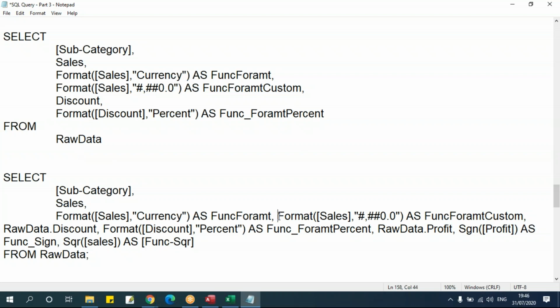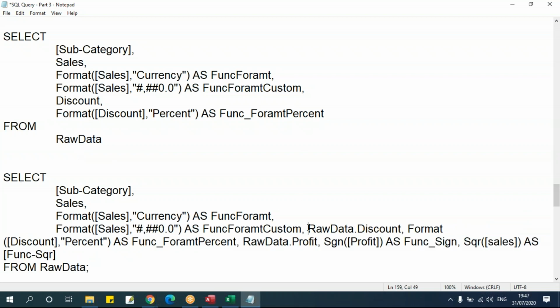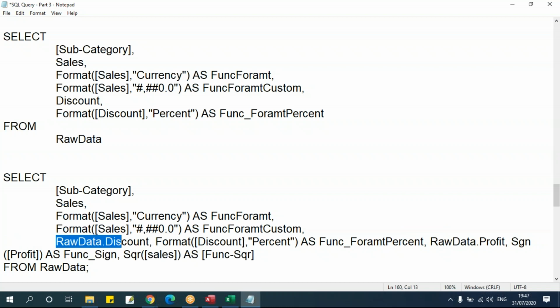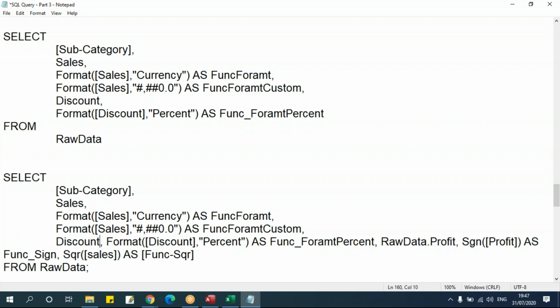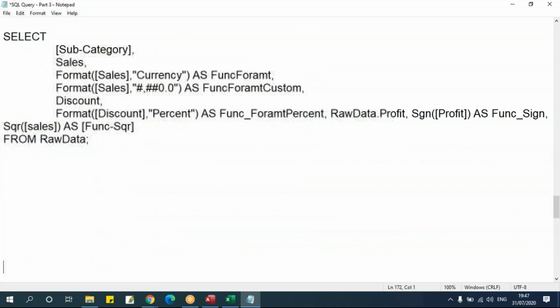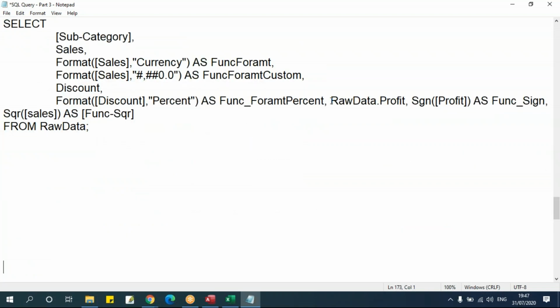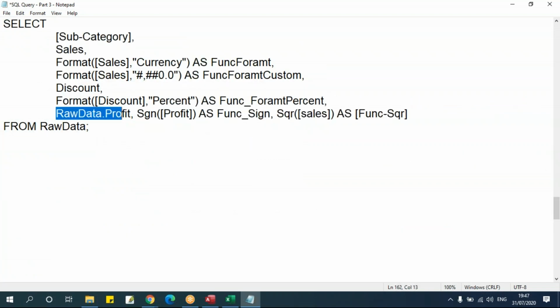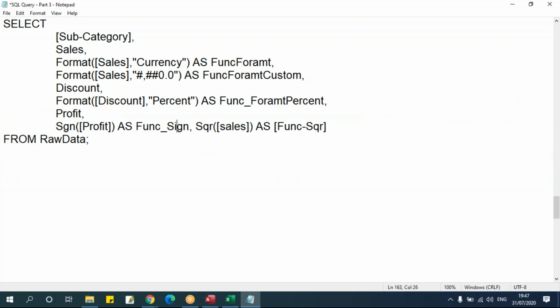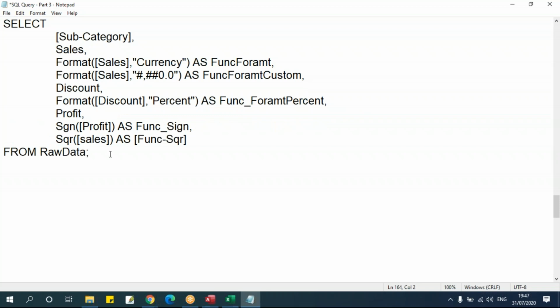Okay, anyways, format, then discount, so this is for the sign function that we used, that is profit, and here this is for square. Right, so these are the grouping or aggregate functions and number functions which you are using in the